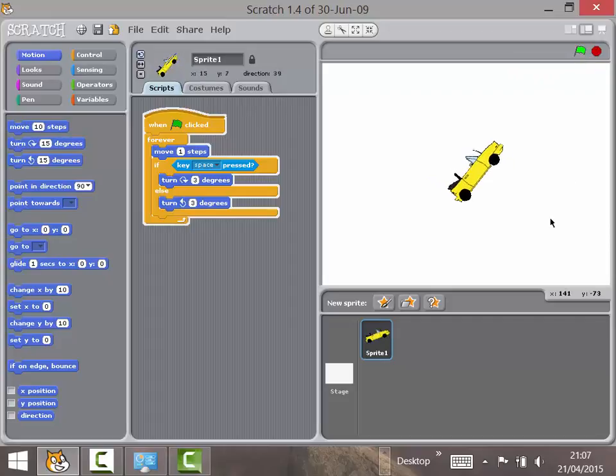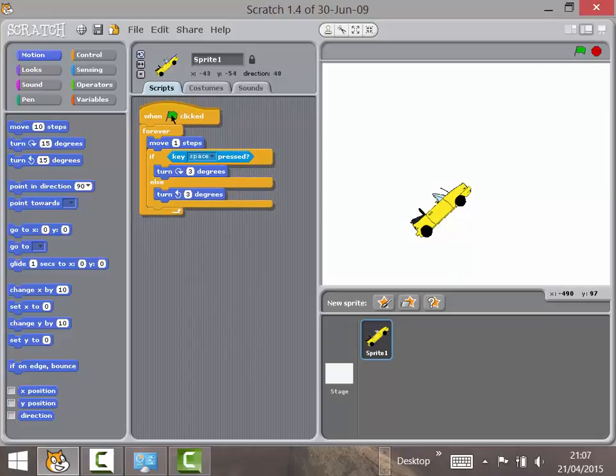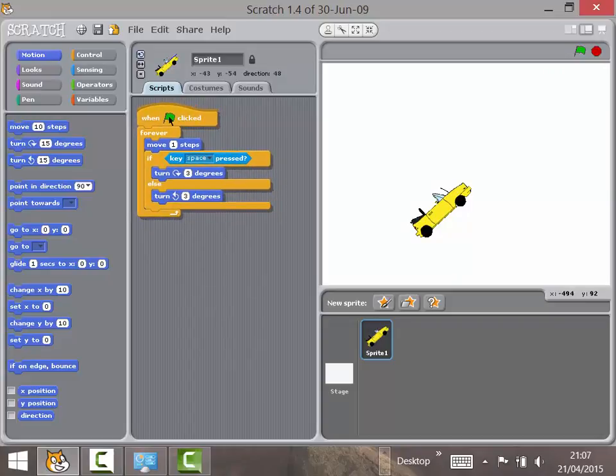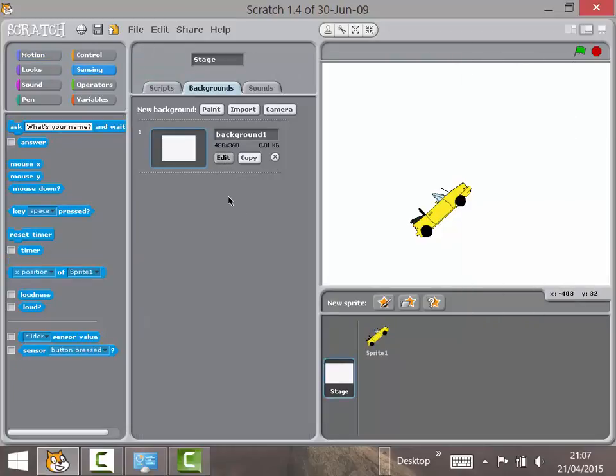So now what we've got is a car that if I press that spacebar key, it goes one way, and then by judicious spacebar presses I can keep it basically going where I want it to. Depends how good your key press skills are there. It's quite important at this point to say to the children that everything you've got in this block mustn't be touched. That is a block that you mustn't put anything else inside, and you mustn't build any code inside there either. And then you're going into the stage, and you're going into backgrounds, and you'll edit your backgrounds,